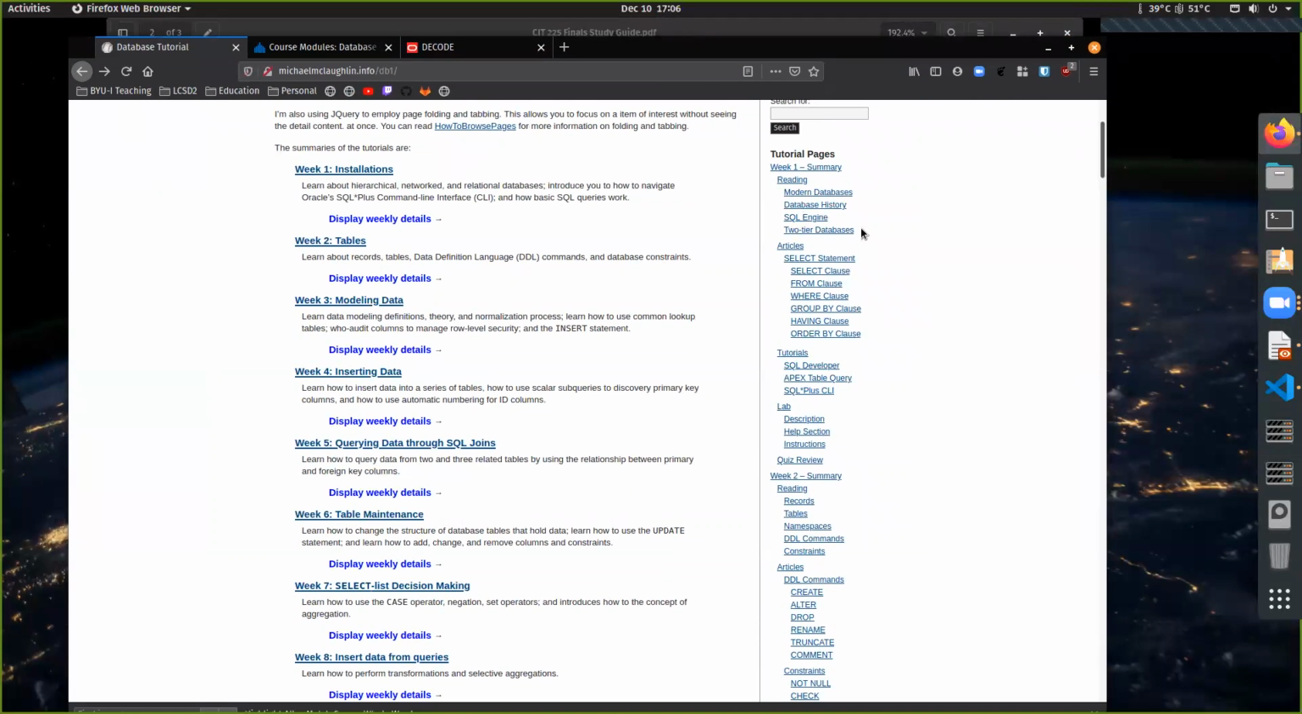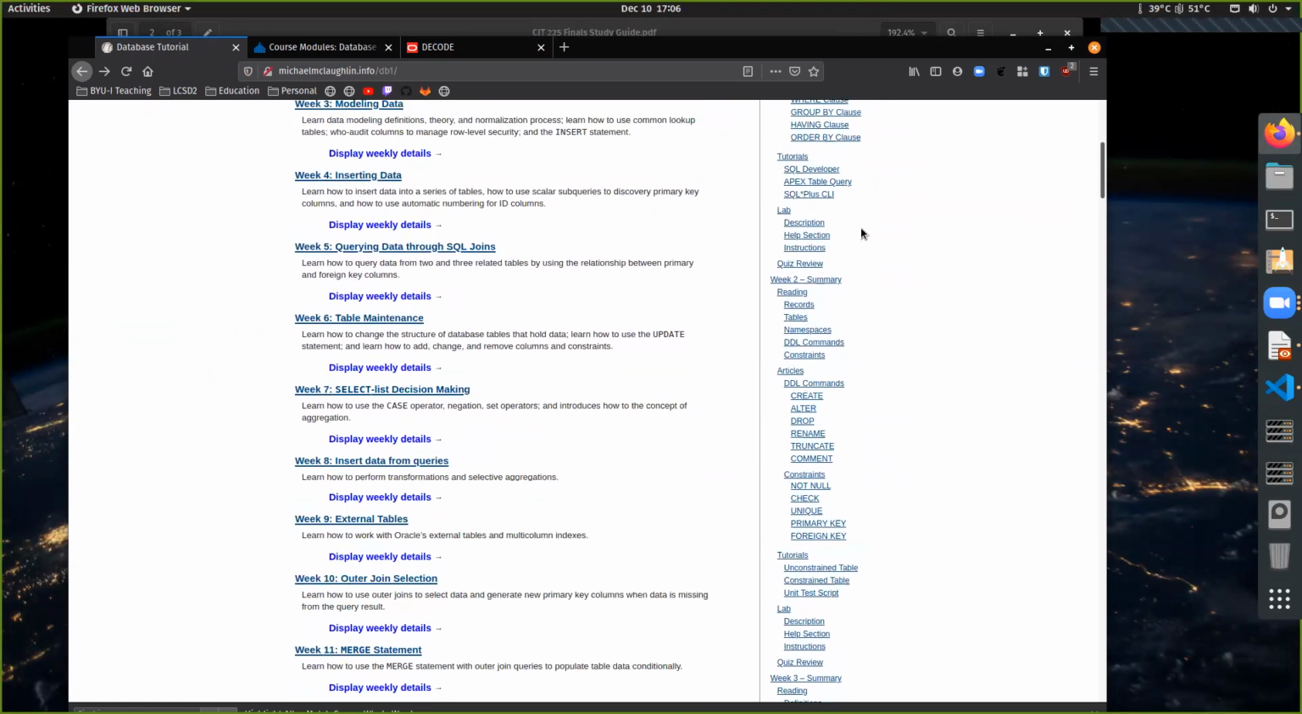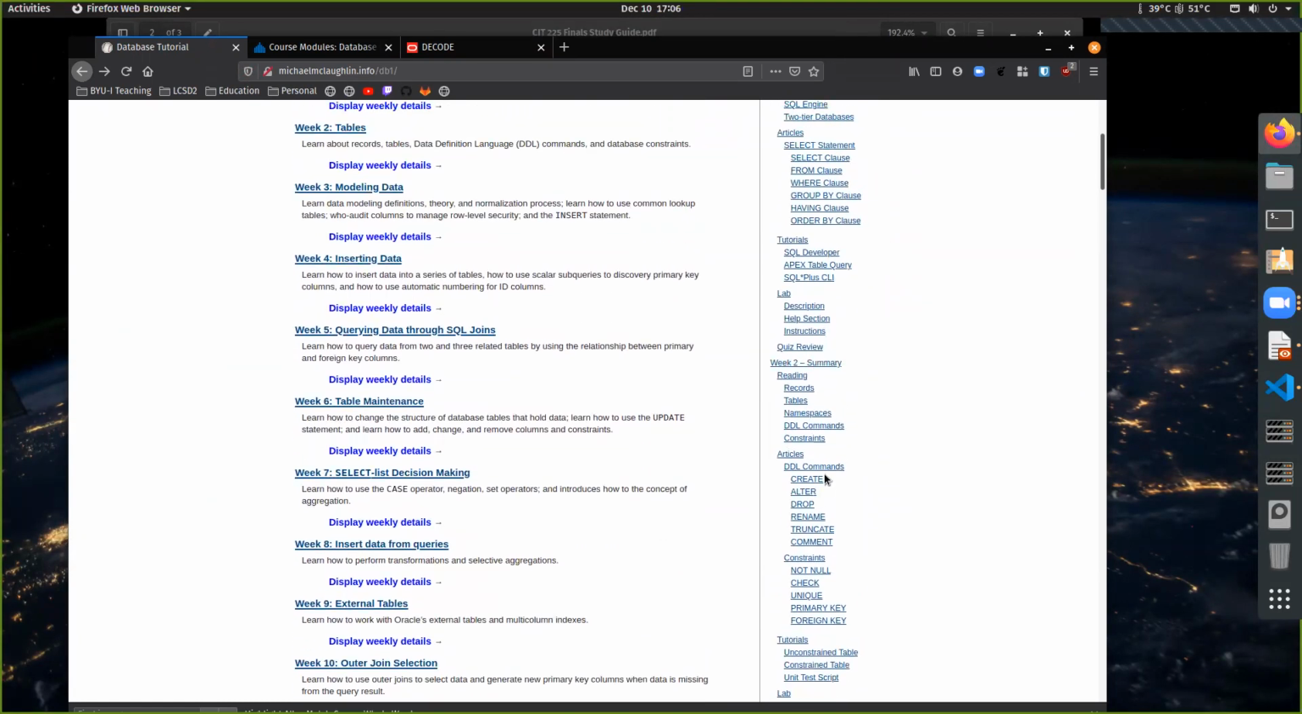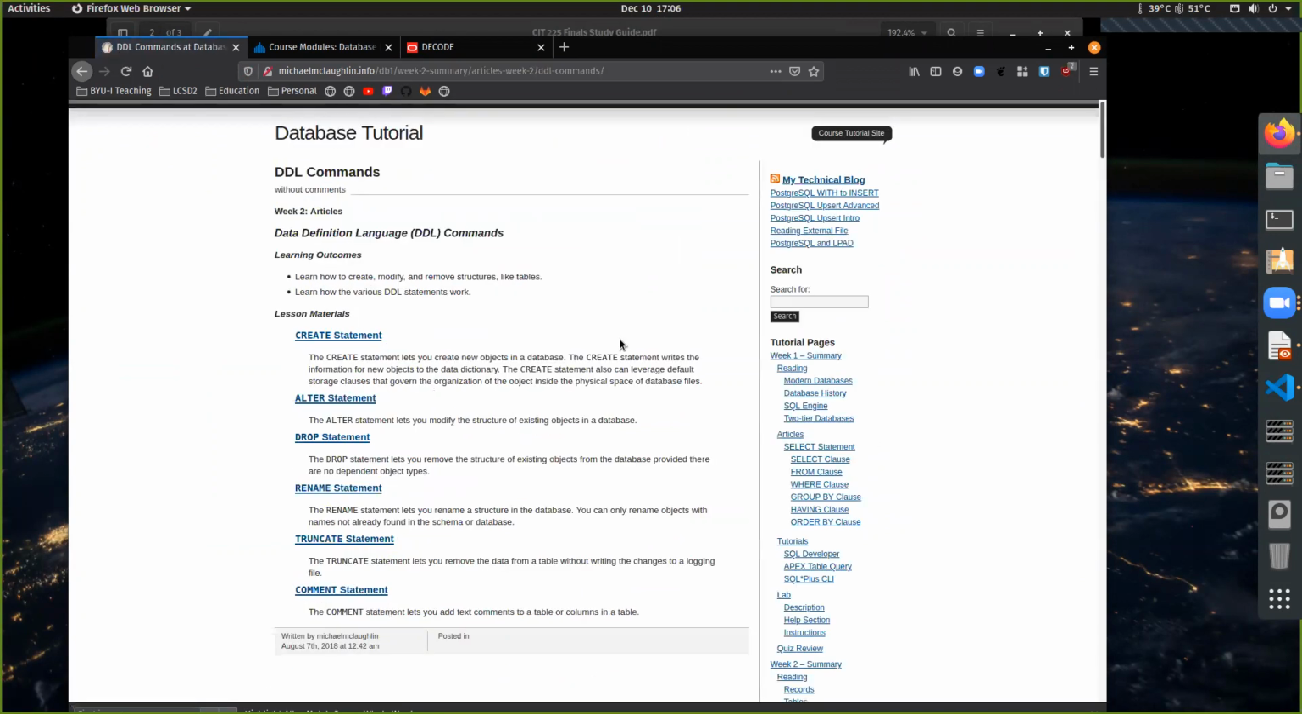If we go in here, there are some really nice things. This one right here says DDL command, so that's one you might want to click on. Then this will tell you all the different DDL commands: create, alter, drop, rename, truncate, and comment. Essentially, DDL stands for data definition language. And what I like to use as a reminder for those is